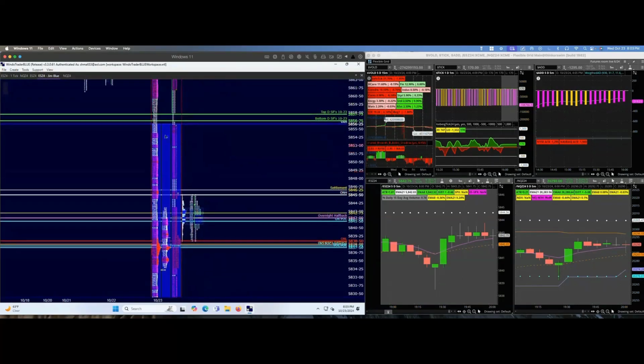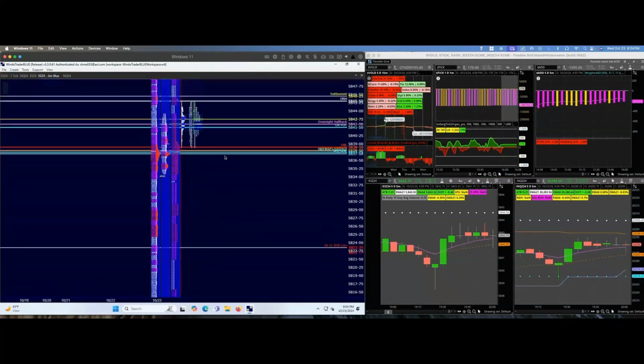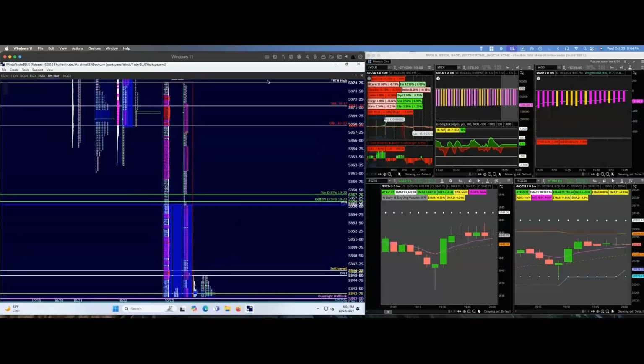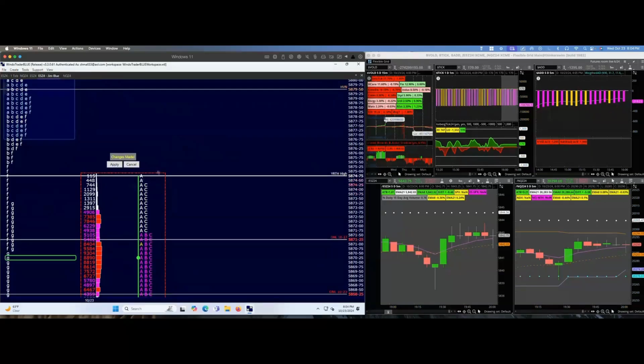Today we did have value lower. That's 70% of the day's activity. So I find that to be interesting. And then the other thing I'll point out that I thought was interesting today in both ES and NQ, we have a lack of material excess at the highs here. So